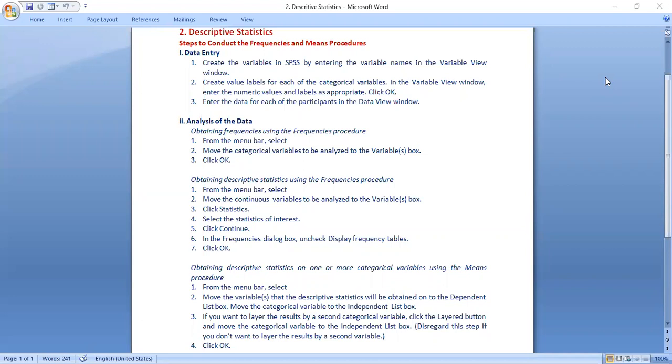A very good morning. In the second session on Business Research Lab, we'll be talking about descriptive statistics. We'll be talking about how we are going to conduct frequencies and mean procedures, and then finding out standard deviation. How we go about it can be essentially learned by going through this particular slide, where you can see